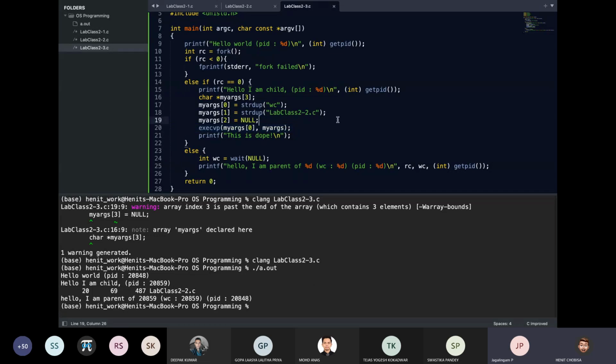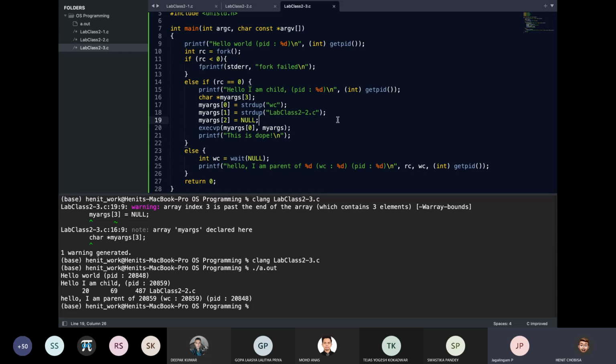Now this string duplicate will point to the code wc. We give a command, word count. Now in line 18, we give the name of the file. We want the count of lines, characters, and so on, right?